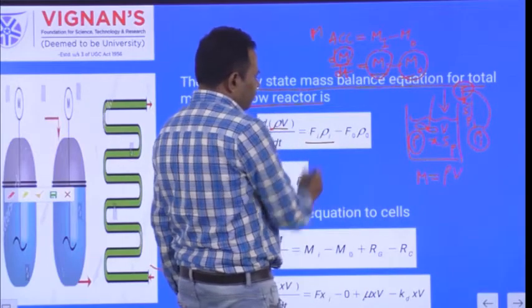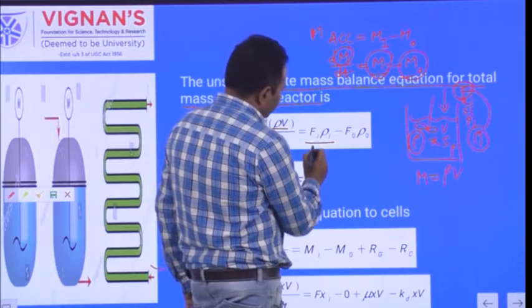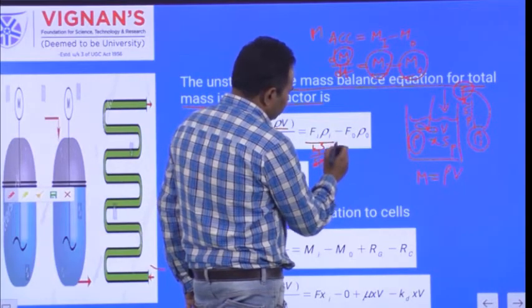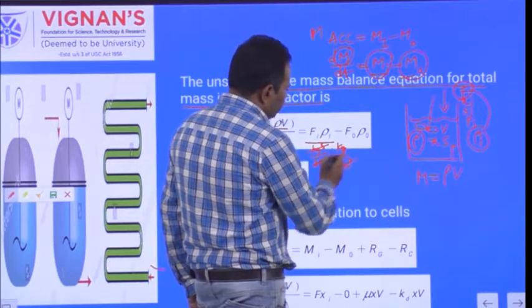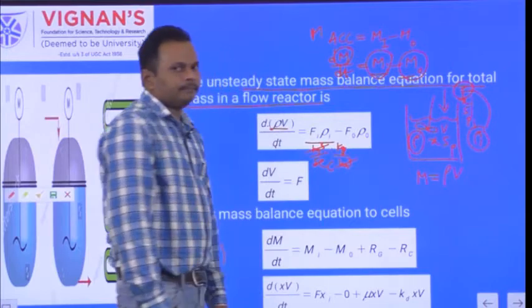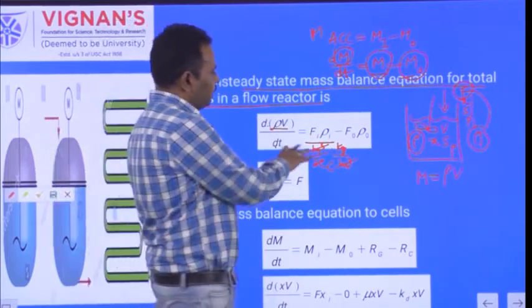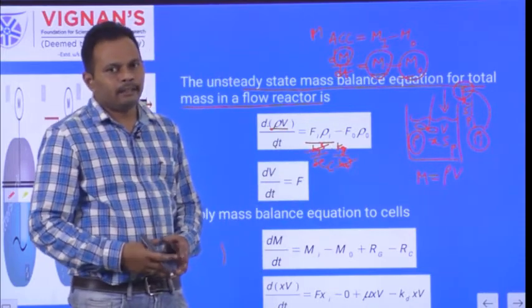That is the inlet volumetric feed rate times density. What are the units of the inlet volumetric feed rate? Meter cube per second. And what are the units of density? Mass by volume, kg per meter cube. So meter cube cancels, and you obtain kg per second. Here this is the total mass entering the fermenter. The total mass includes substrate, product and cells.